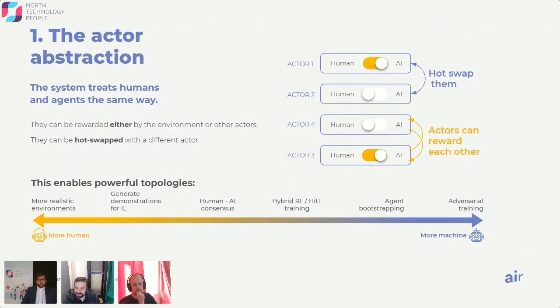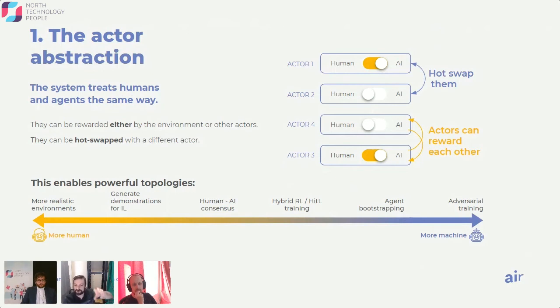And actors can be agents, actors can be humans, actors can be scripts, actors can be fully random. It does not matter. The important thing is that they are interchangeable. And once you have those interchangeable actors, it opens up a very wide expressive space in which you can